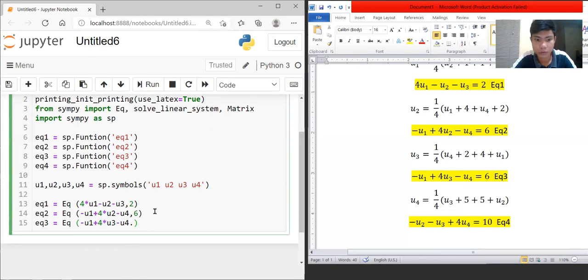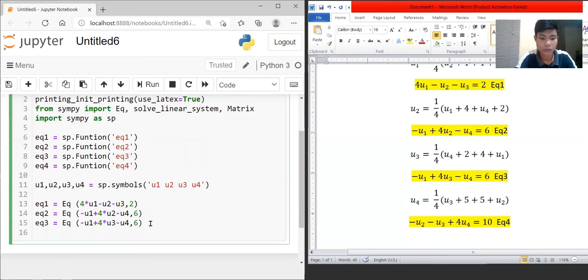This is equals also to 6. Check muna natin equation 3, negative u1 plus 4 u3 minus u4 equals to 6. So next, equation 4 equals to negative